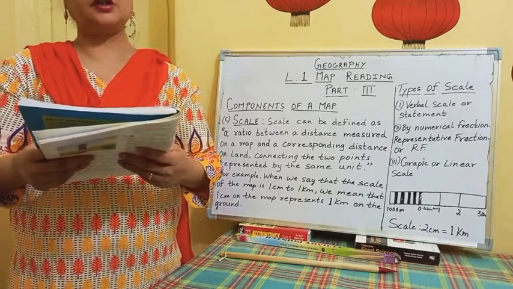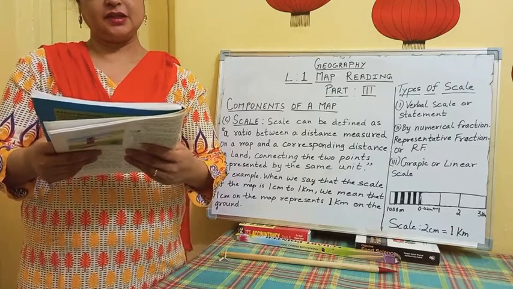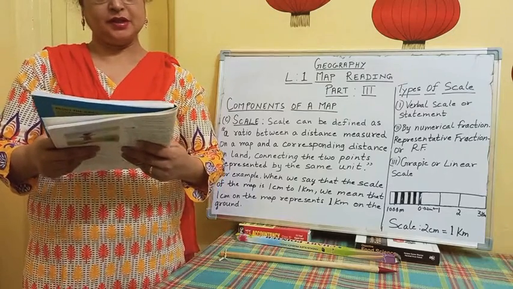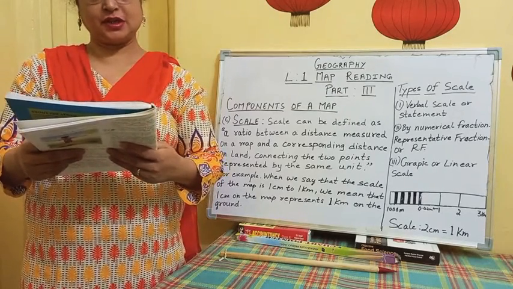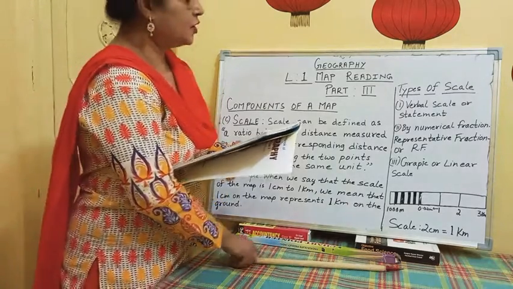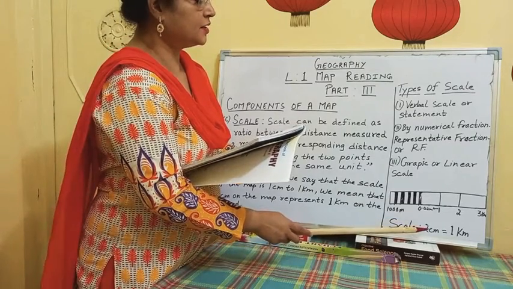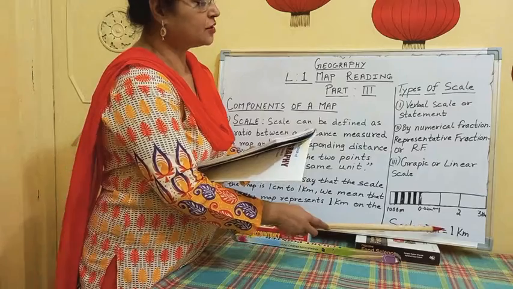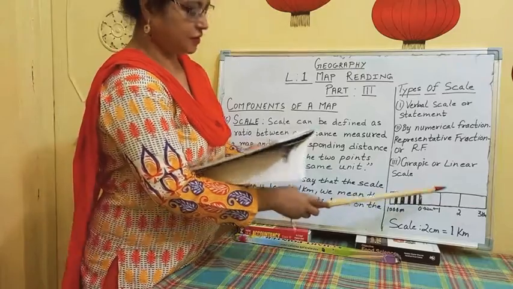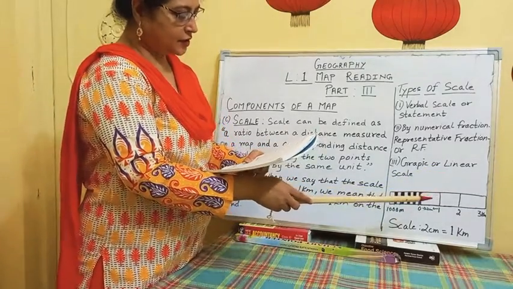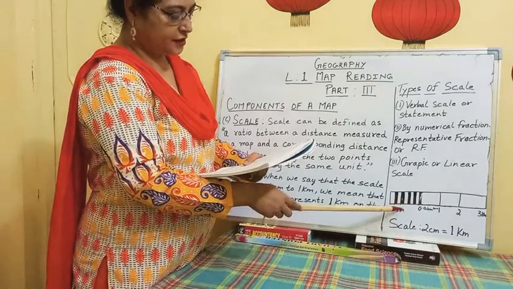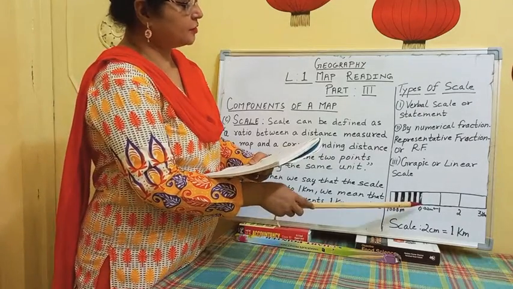It is drawn according to the statement in such a way that the distance can be calculated most accurately on the map. The linear scale shows the scale to which it is drawn is 2 centimeters is equal to 1 kilometer. Means on the scale the 2 centimeters which we can see is equal to 1 kilometer. That is, the actual distance on the ground will be 1 kilometer. But here is the linear scale. You can see the diagram, which is also in your book, children. And how it is read: to the right, this side, this is the right, to the right 3 kilometers is represented over here.